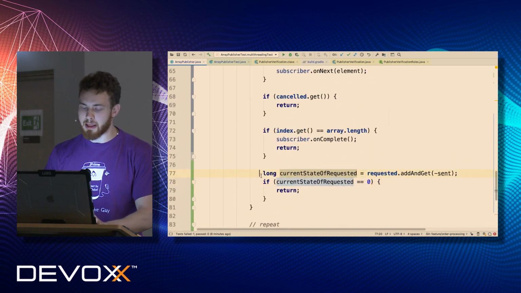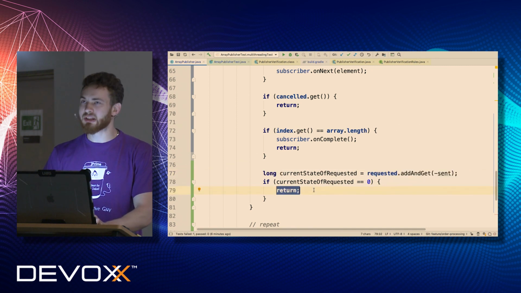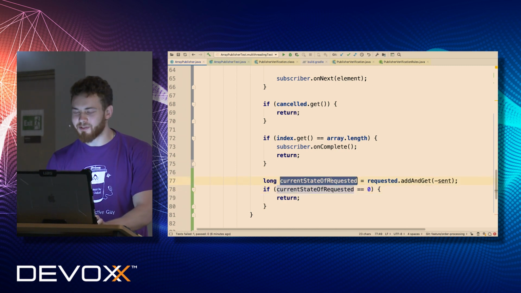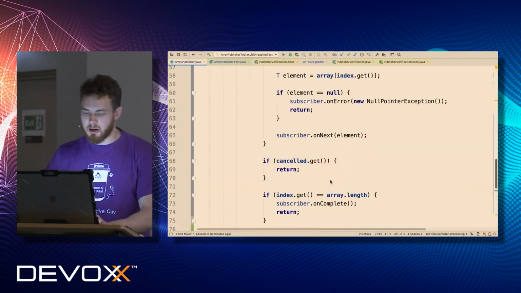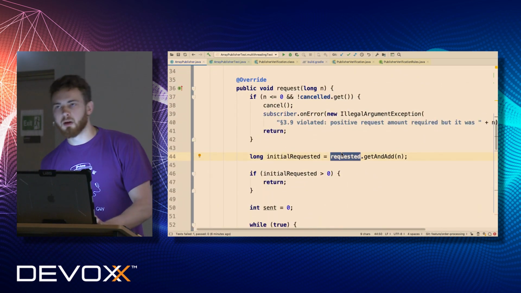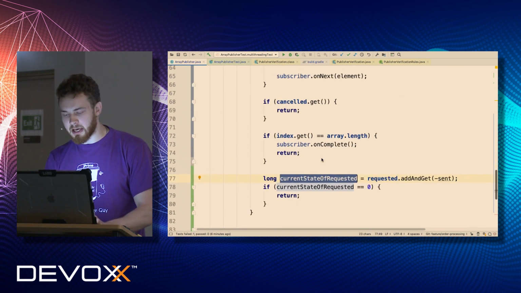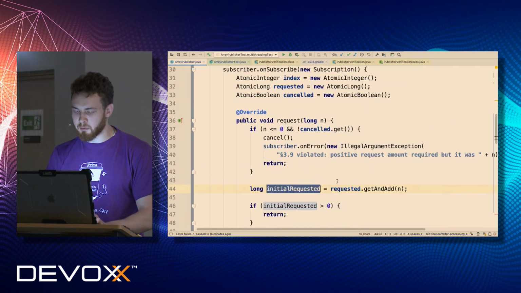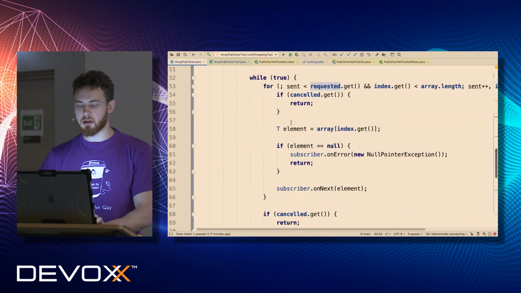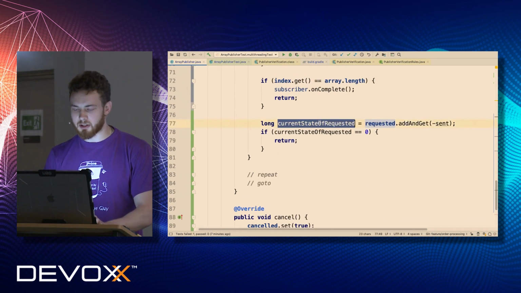In case this black one wins the racing, it will safely exit because there is a guarantee on happens-before. So if he is fastest, he will do that action first, and these changes will be available for the thread which is doing that afterwards. So if the current state is 0, this current state 0 will be the same for this guy as well. So the other will exit and this will continue execution. Otherwise, the previous one is faster and this one is the loser.